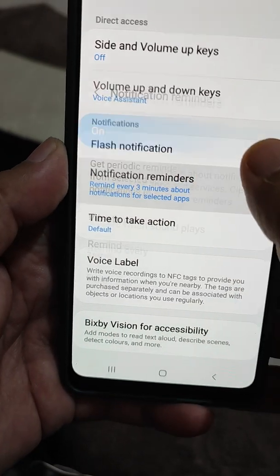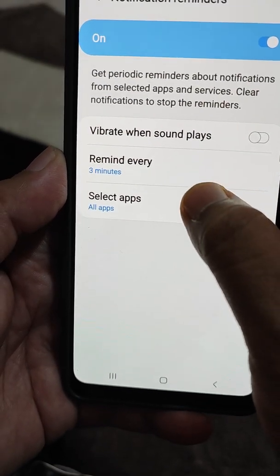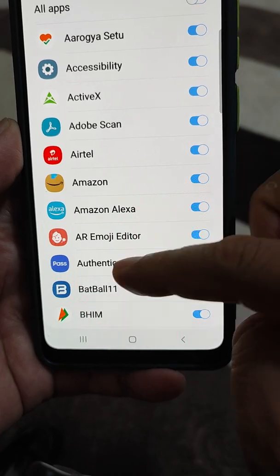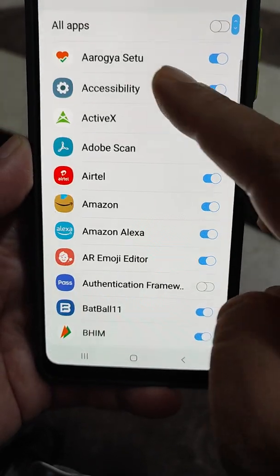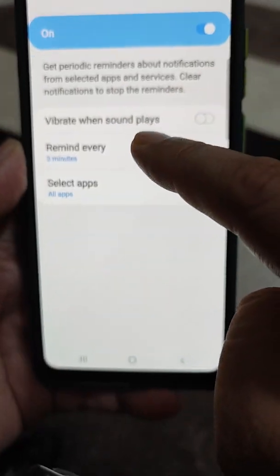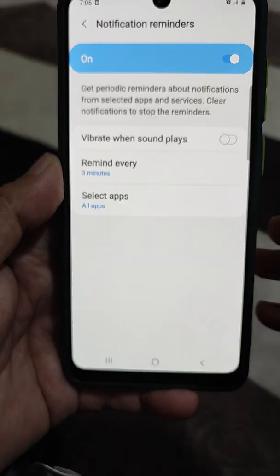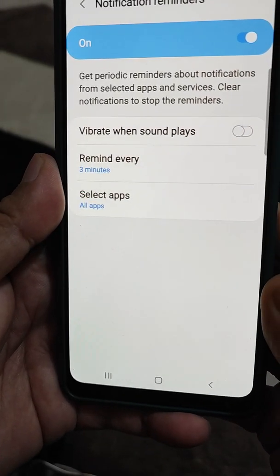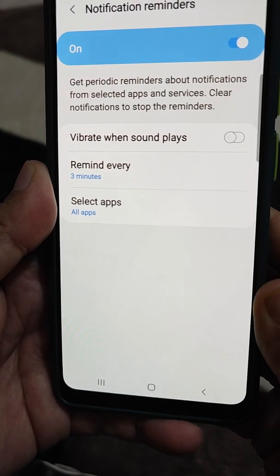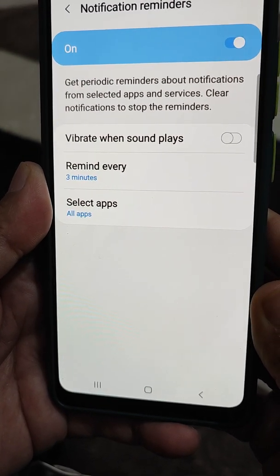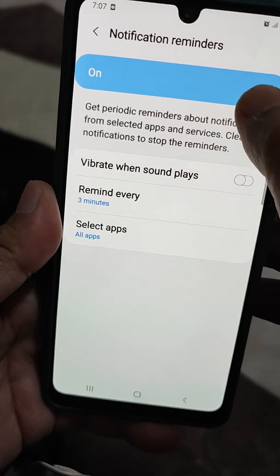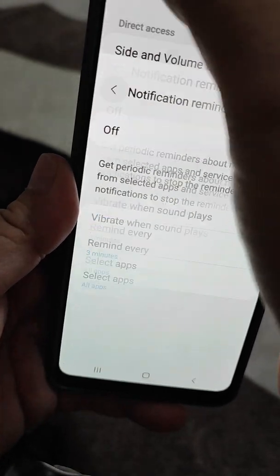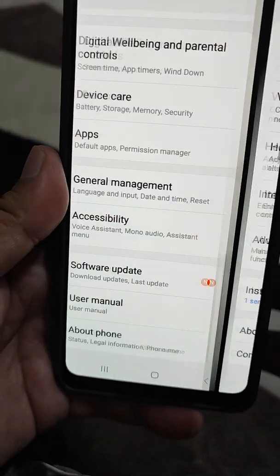So in this notifications reminders you can see it is activated for all apps, and the reminder is activated for every 3 minutes. So think, guys, how irritating it will be if you are getting so many beep sounds within 3 minutes. So for this you have to turn it off. Hopefully the notifications will not work, but